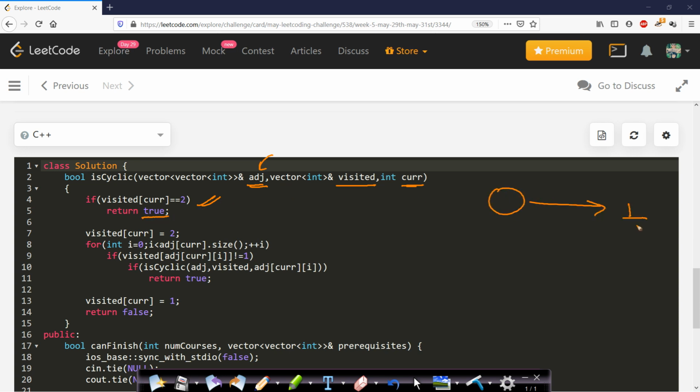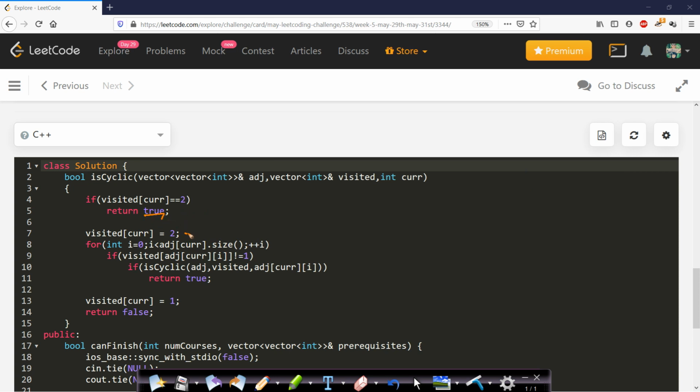Because let's say your graph was like this, 0, 1, 2 and this is 0. Now if you are starting from this node 0, then this will be under processing mode, so this will be 2. Now you go to 1, this will be 2 because this is under processing mode. Now you go to 2, this will be 2. This is under processing. Now if you go back to this 0, because this 2 has adjacent node as 0, then you can see that this is also under processing. So if you reach a node which is under processing, then this indicates that there is a cycle. So once you find a cycle, you will simply return true.